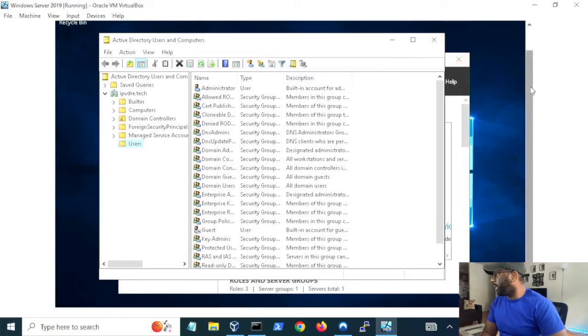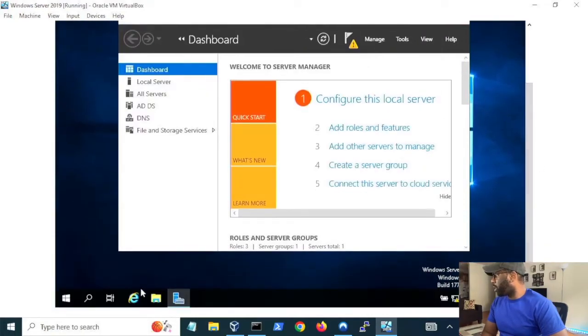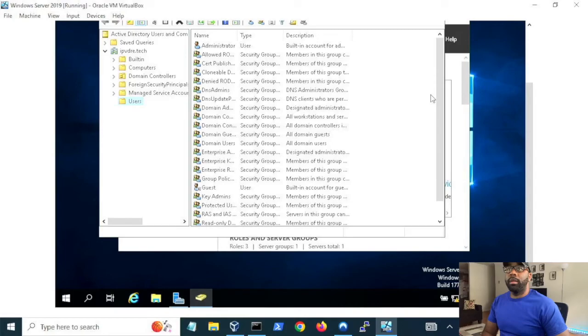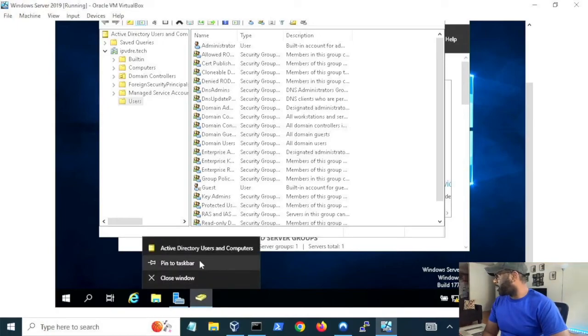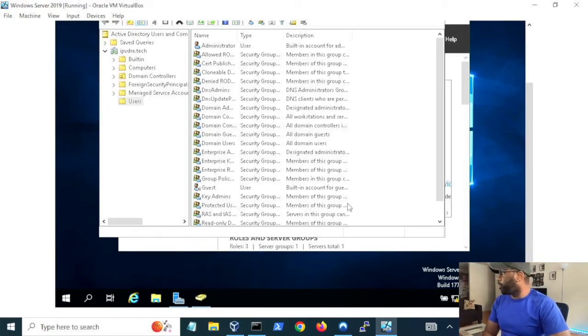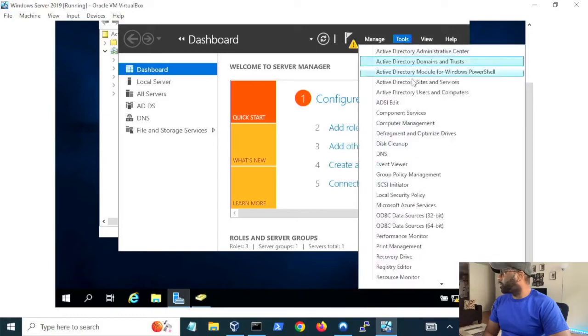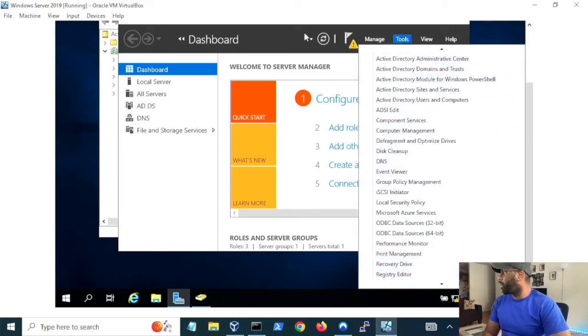So as you can see here in the taskbar, we don't have it, right? So what I'm gonna do is this, and let me set my do not disturb because I don't want anybody interrupting what we got going on right now. All right, so pin the taskbar. That's something that's very useful. You don't want to have to keep on jumping into Server Manager and stuff. Each one of these you can pretty much open it up and then just pin it to your taskbar for easy access and convenience,